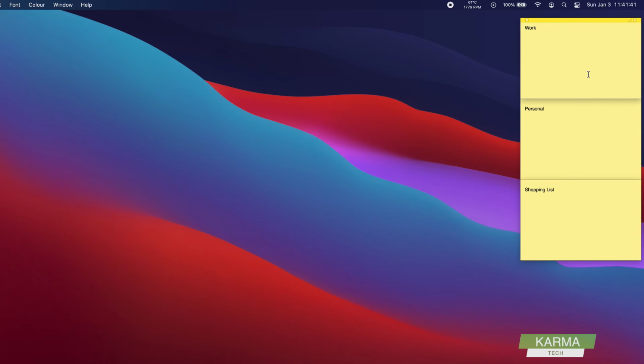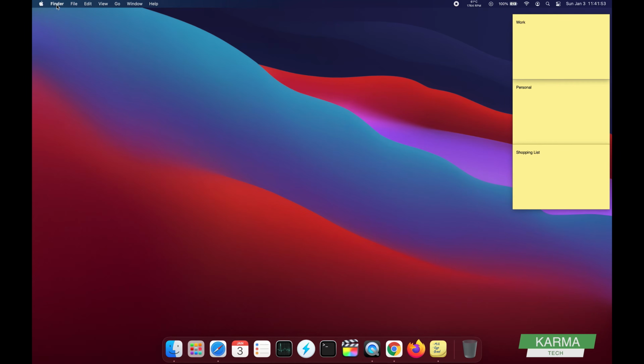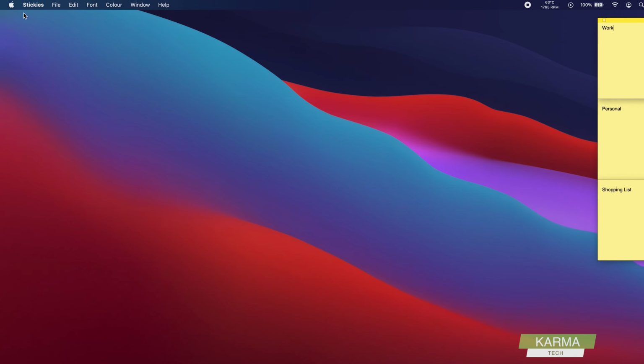So how to change the color of the stickies? It's a very simple process. You see the stickies here. Make sure this sticky is written here, because if you click somewhere else you will see a Finder. So when you click on it, you will see a Stickies menu here, and then you would see this color. So again, I'm telling you, make sure you are not clicked on the desktop, otherwise you will see a Finder